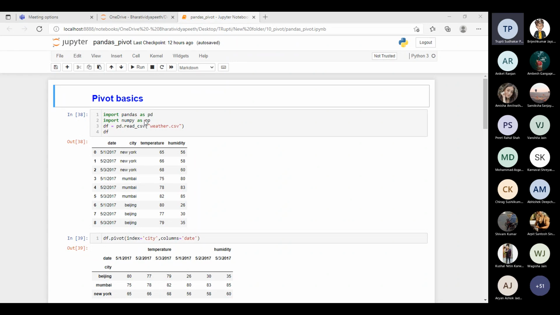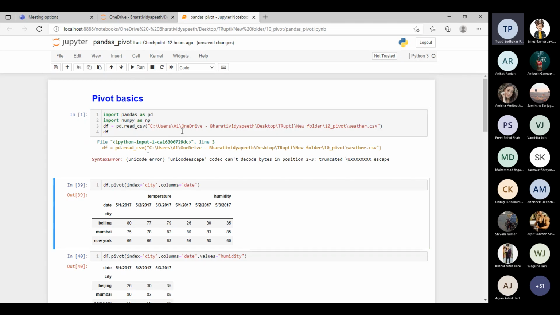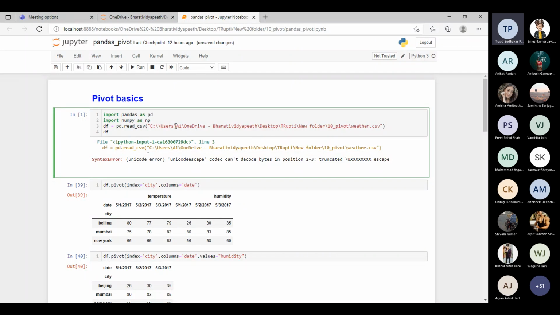I have taken weather one, sorry, weather two, and weather three. This data I have taken, and with the help of this I will show you how this is going to be. Let us see, without single quote it will run or not. If it runs, then it will be okay, but it is not running. I have to make it a double quote.